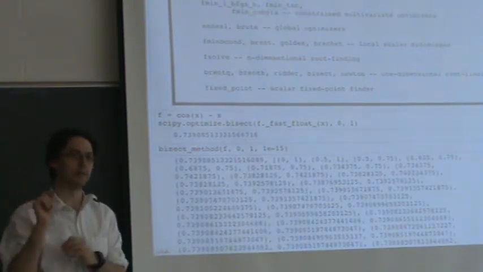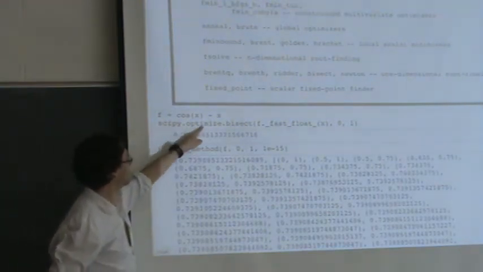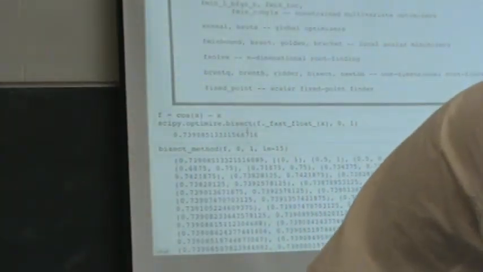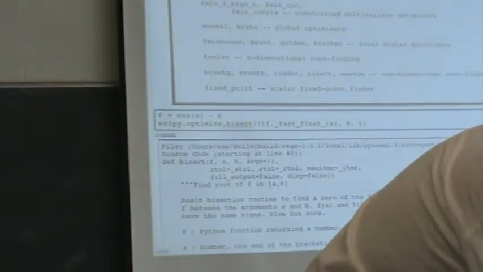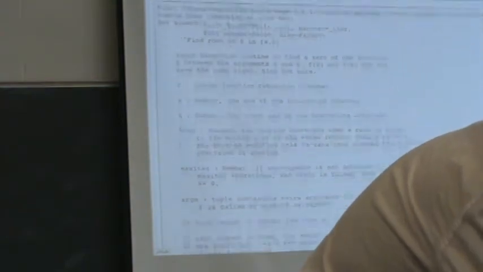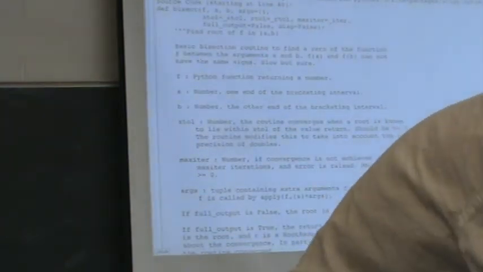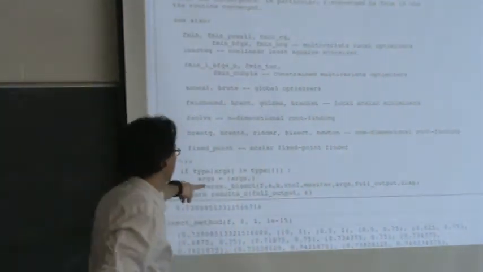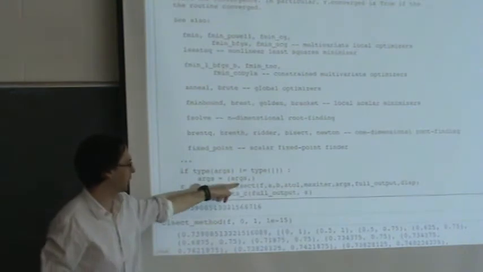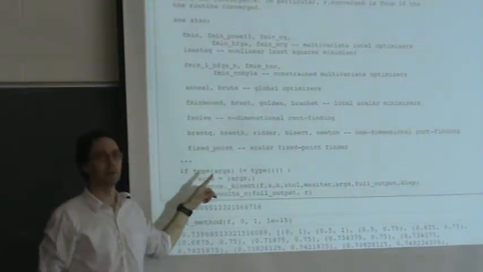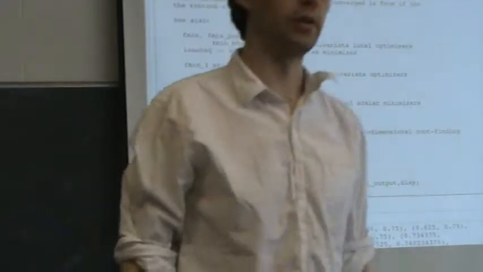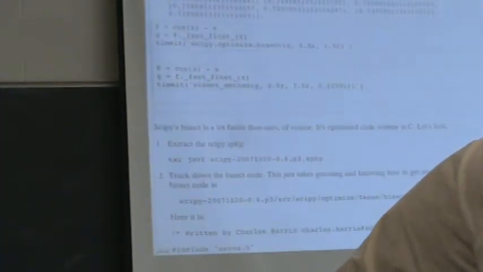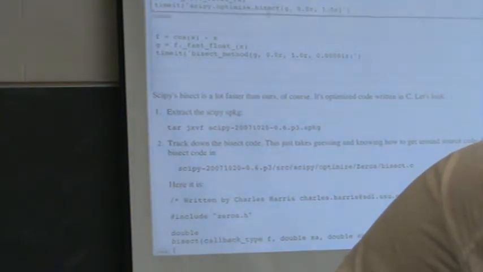Now the next thing I'm going to show you is I'm going to find the source code for SciPy.optimize.bisect. If you just look at it using double question mark, you don't get very far. You'll find that it has a docstring, a Python function that's in a certain file that you can track down. And then the actual implementation just calls into a C module called _zeros and calls bisect in there. If you look a little bit closer at the SciPy source code, which you can extract, then you'll find,